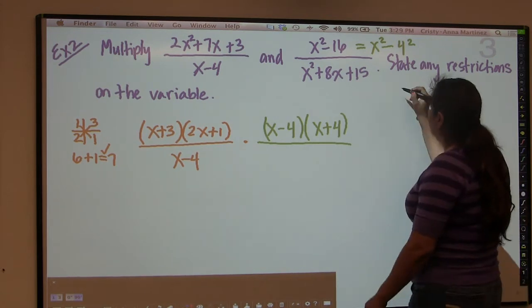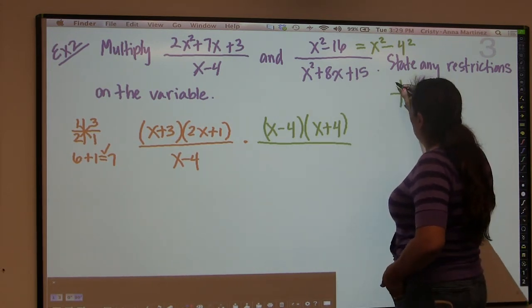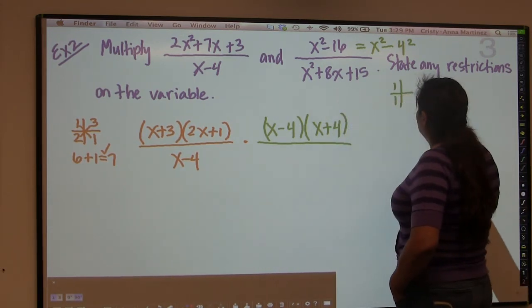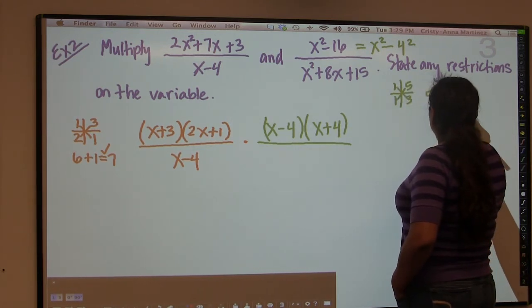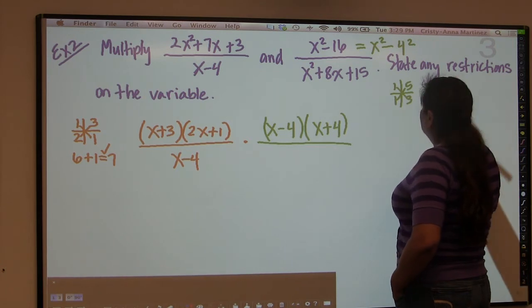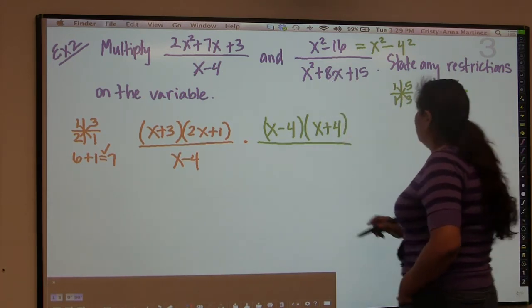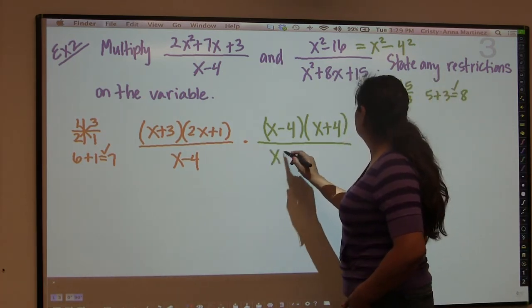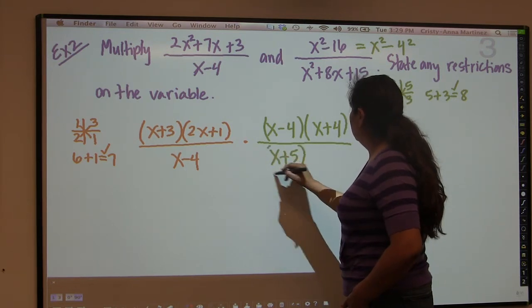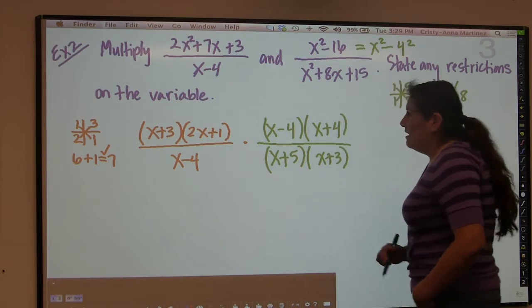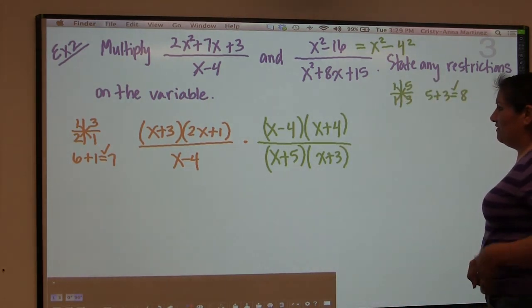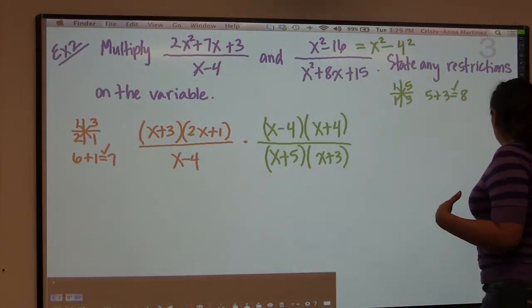Okay, on the bottom, we'll use our trusty little plus, and we'll go 1 and 1, and then we'll do 5 and 3. And 5 plus 3 will give us the 8, which is the middle term here. So the bottom factorization will be x plus 5 and x plus 3. Alrighty? Now, one of the things that you want to do is before you start multiplying, I just want to